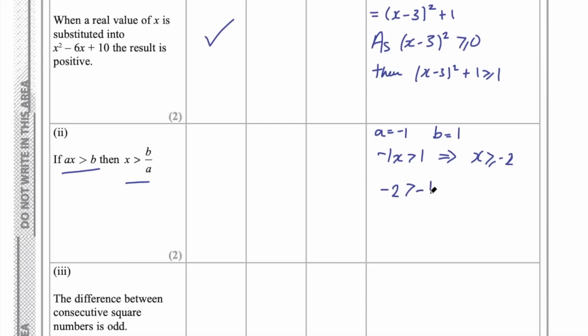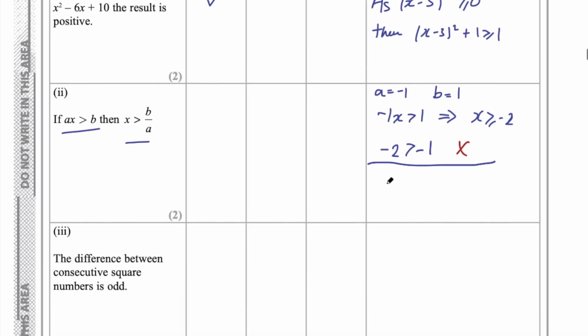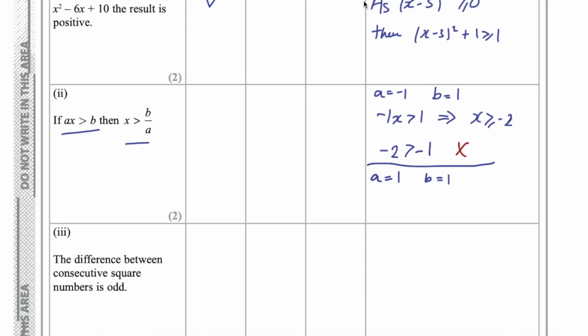So minus 2 is not greater than minus 1, so this doesn't work. So for these values of a and b, this statement is not true. So we've already found one example that is not true. But if we try some positive values of a and b, such as a equals 1 and b equals 1,